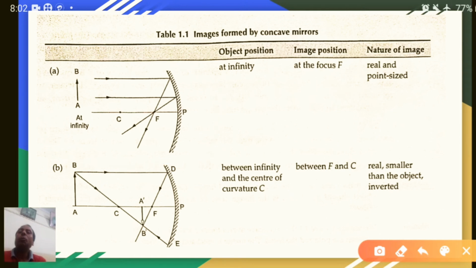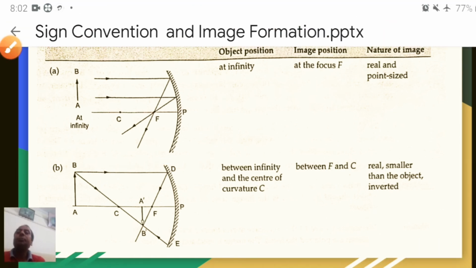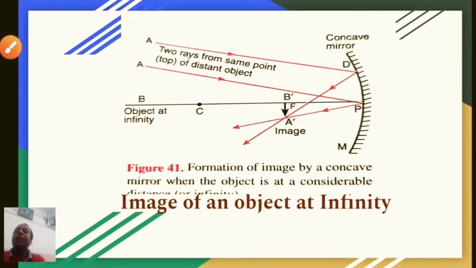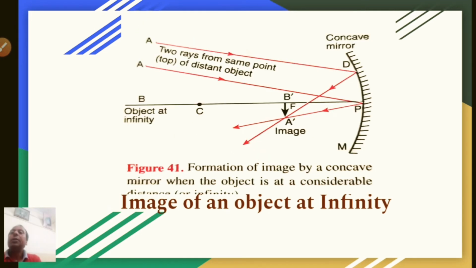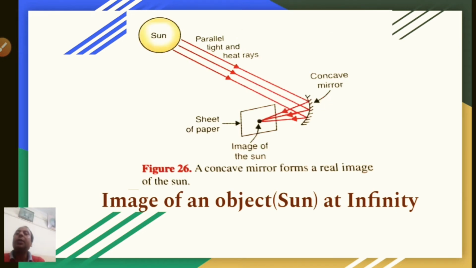Now see, one most important thing, that the infinity position of the object can be seen like this or like this. The position of the sun for any concave mirror placed in sun is its infinity position. So these two are also treated as the infinity position of the object. So you will never get confused when you are seeing these two figures for the object at infinity.